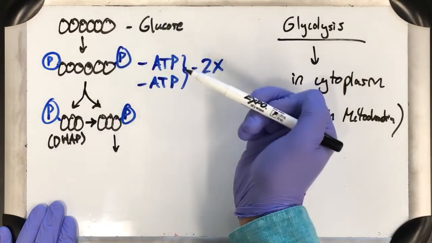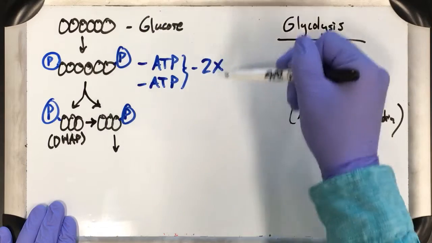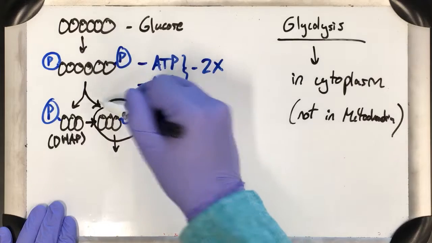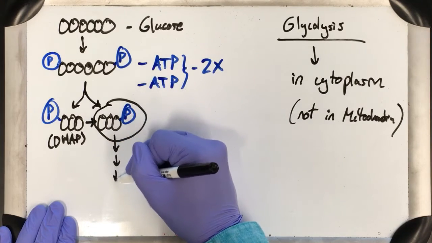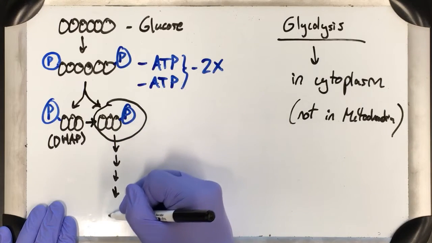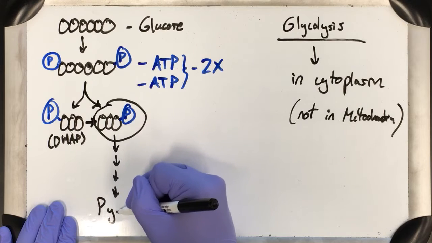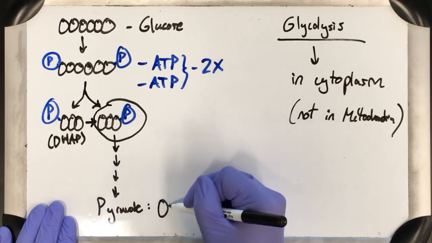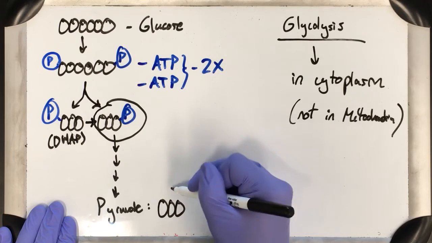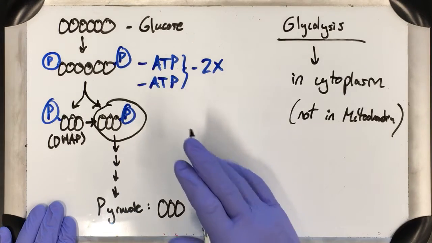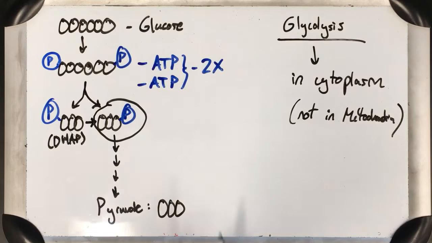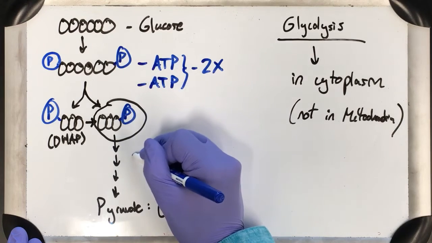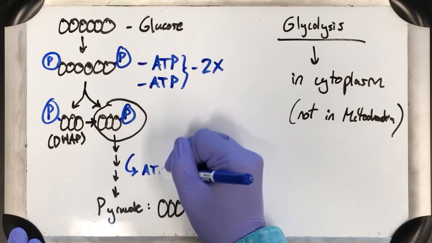So the big key is that in these first steps where you're investing energy, you're going to make a lot of this product. Through a series of chemical reactions, you're going to end with the pyruvate that we've talked about. And that is just a 3-carbon molecule. That's it. So in this exchange, you're actually going to gain a couple ATPs